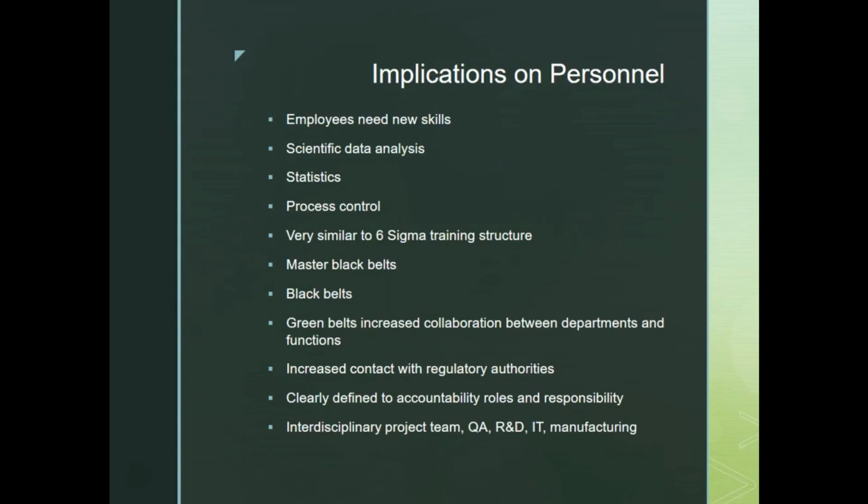The implications on personnel working in this type of space: employees need new skills to implement and work in a QbD environment. Scientific data analysis is required, a lot of stats, process control. It's very similar to Six Sigma training, which we will go into in the next few slides, where we talk about master black belts and black belt people with black belt training having a good knowledge of your processes. Also, green belt training increases collaboration between departments and functions,